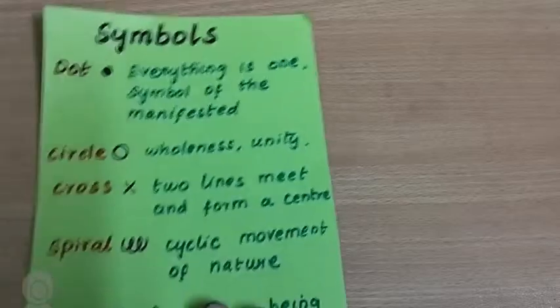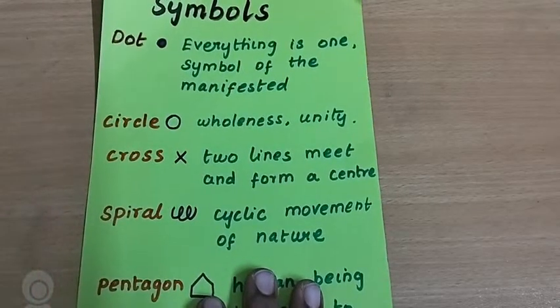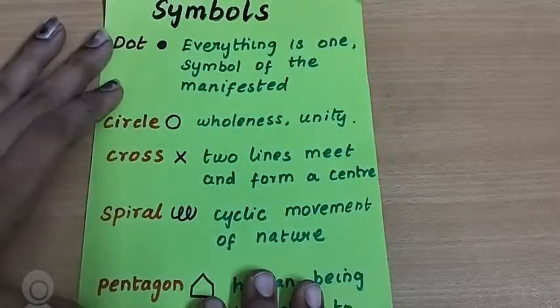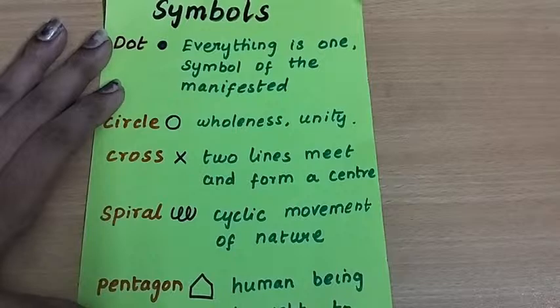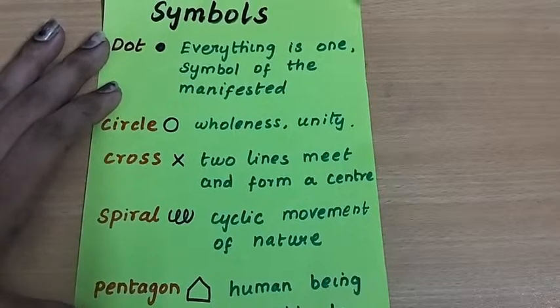Then what are the types of symbols? Like we have seen the patterns and strokes in handwriting, you will have many symbols and patterns in mandala. Next are certain simple symbols, each of which has a separate meaning. Mandalas have meaningful symbols. We cannot just say it is a dot, it is a circle, it is a cross. Each and every symbol in mandala has a separate and useful meaning.